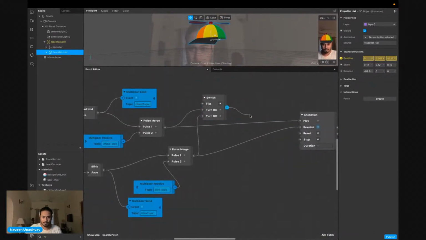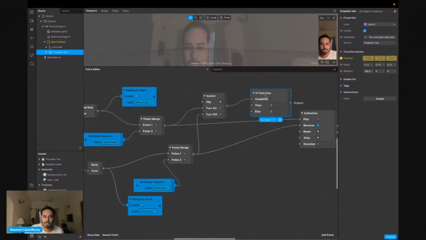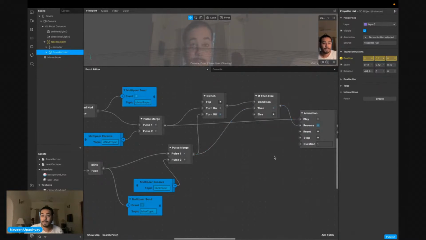So I'm going to use an if-then-else, and if this condition is true, then this pulse should go through, else it should not go through, the reverse pulse. So if I blink now, nothing is happening. But if I do this and if I blink now, oh, okay, this should not be.